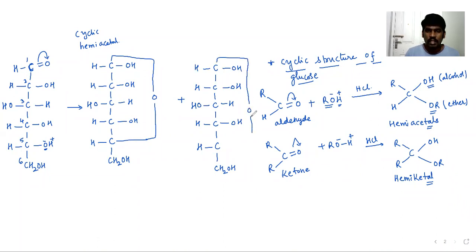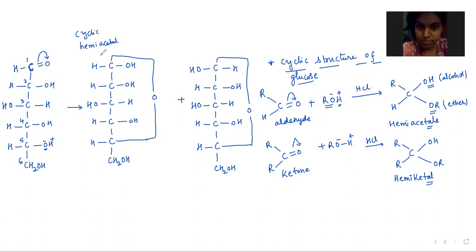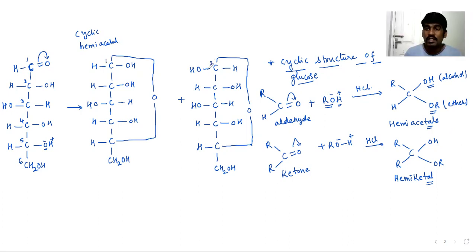This hemiacetal linkage can be formed over there. Could you please tell me the point of difference here? What is the point of difference? Did you observe it in these two structures? Configuration. Configuration at carbon number 1, if you observe it, the configuration is differing.